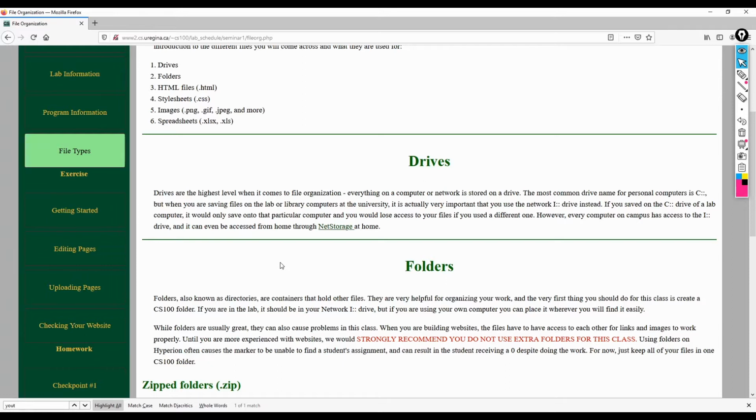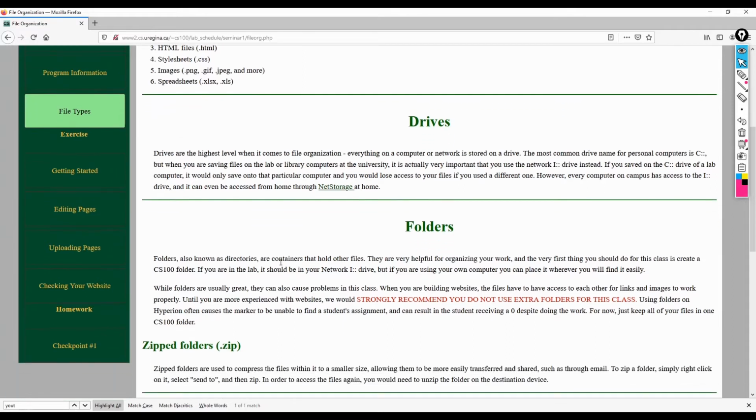Next up, we have folders or directories. Folders are containers that will hold all of your different files. For this class, we're going to suggest that you make one CS100 folder and then don't make any other folder again for this class. Because while folders are great and while sorting your different assignments into different folders is also nice for organization,